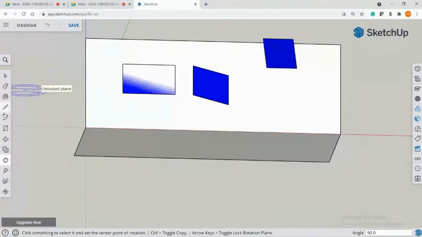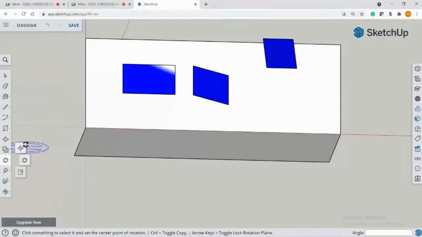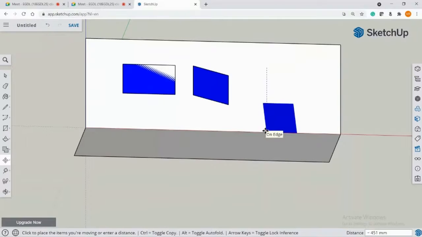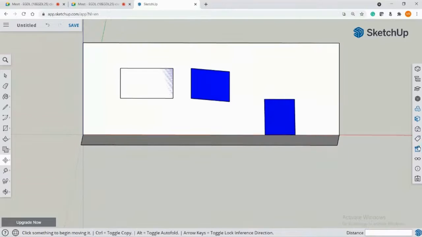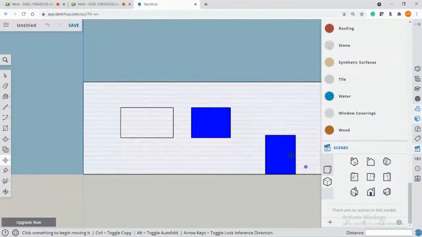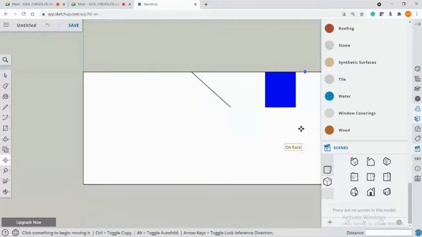Okay, and let me just place it on XY line and move it and place it on XY line. This is how it is. Okay, this is how it is. So when you see the front view, it looks like this to you. Okay, and when you see the top view, it looks like this to you.